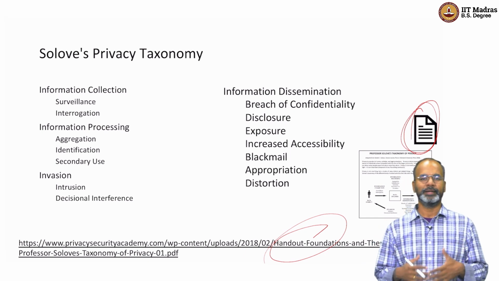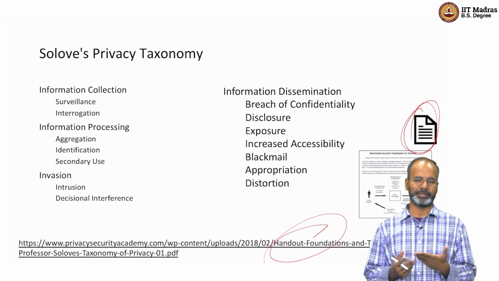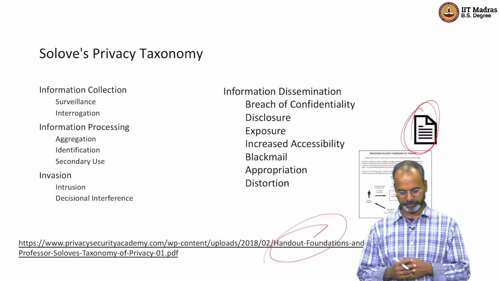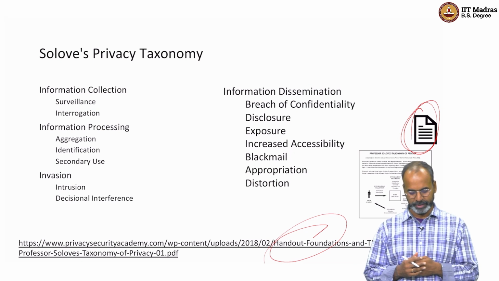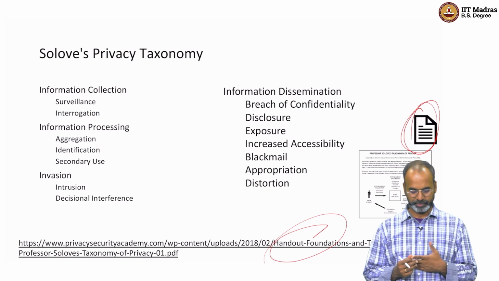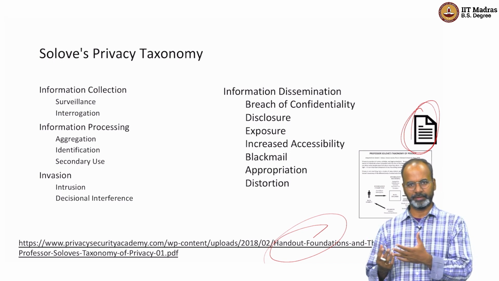All of that can actually be captured through surveillance cameras, and it can be very useful. Of course, it can be used for interrogation purposes also. Information processing: aggregation, identification, and secondary use. You want to make sure that the information that is collected